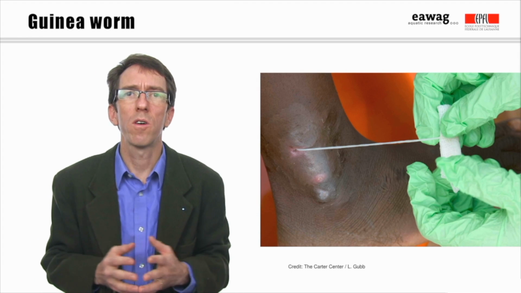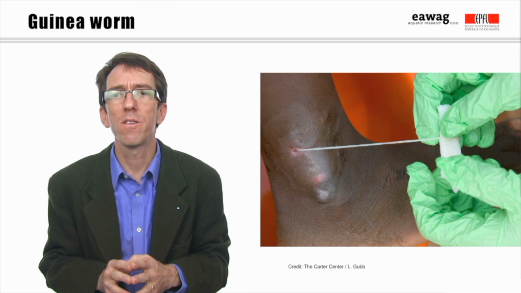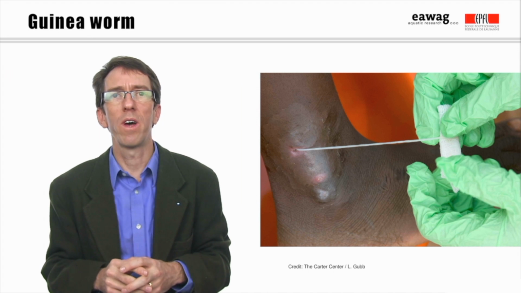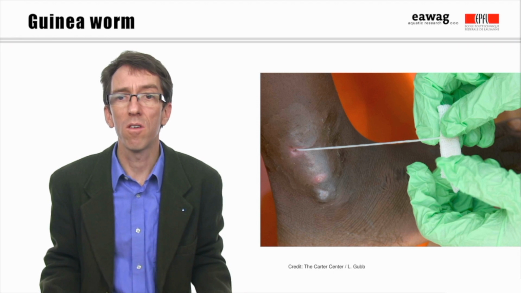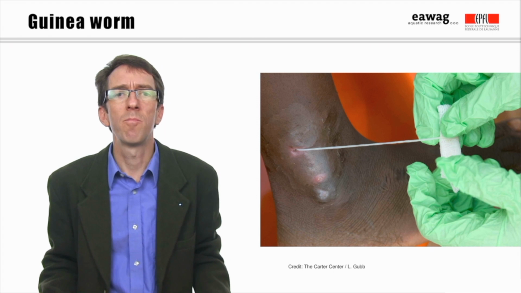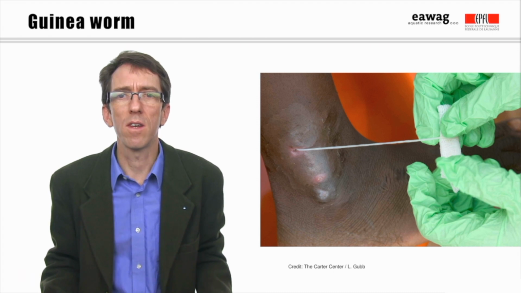Once a person drinks water containing the copepods, hydrochloric acid in the stomach kills the insect and releases the larvae, which mature and grow into adult worms. These can reach a length of nearly a meter and be as wide as a spaghetti noodle. The worms migrate through the body and emerge through the skin, often near the feet.